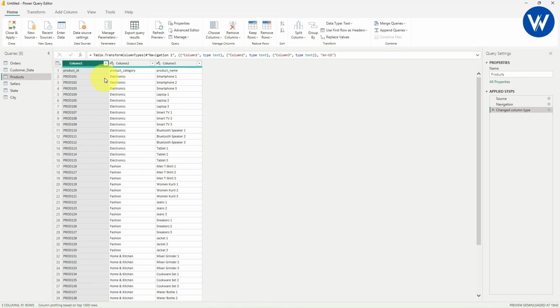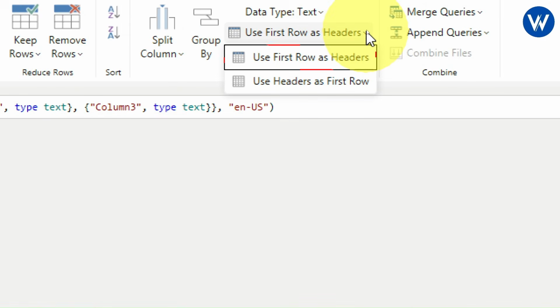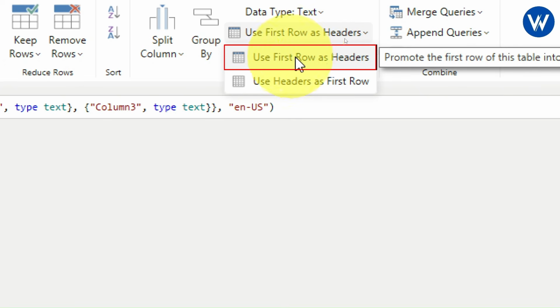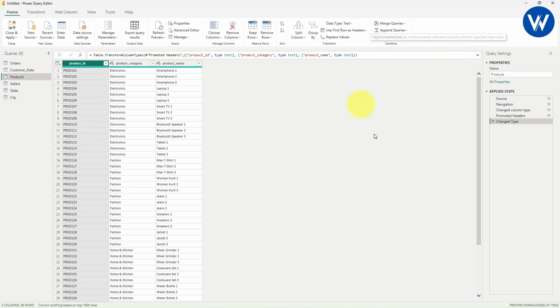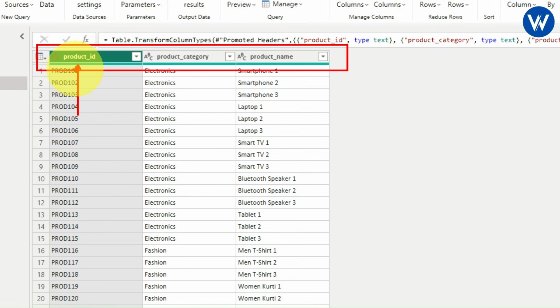What you can do is go to the home tab. Inside the home tab, there is one option, use first row as header. Let me zoom in, right. Now you simply need to click on this first option, use first row as header. Let me click on this option and finally see the magic, guys. Now you can see the first row is converted into the header.